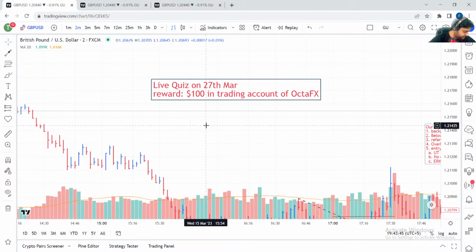Sir, you said to trigger the trade on the entry bar, but should I take the trade after that entry bar closes, or take it in the middle? Only after closing. Only after the bar is closed should you take the trade, because if you think this bar is going to be a no supply bar, what if it turns out that it is not a no supply bar? So please let it finish, let it just close. First the bar gets closed and only then you put the trade. Okay, don't do it in a hurry.